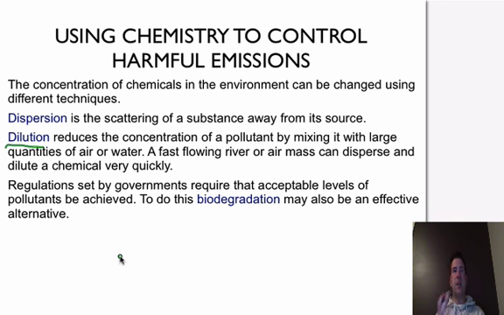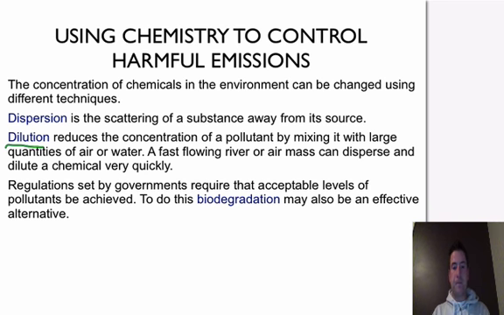So we can actually dilute it in that water body or in the air, and due to dispersion and the spreading out, the dilution, where it mixes with these water bodies or this air, is going to happen quite quickly. So we've seen these regulations set by the governments, and what they want to see is an acceptable level of pollutants achieved. They want to control the amount of emissions that are set into the air to reduce the amount of acid precipitation that is occurring,